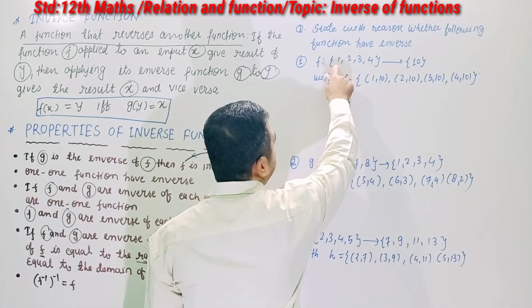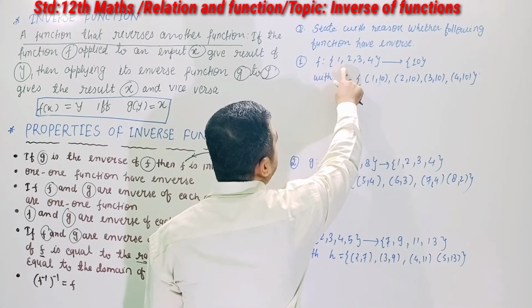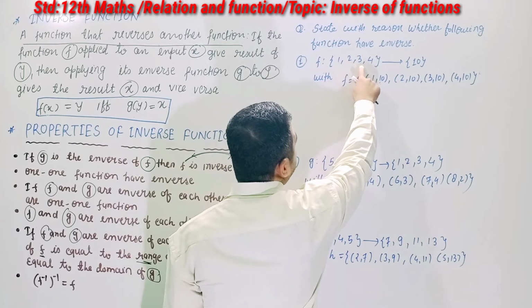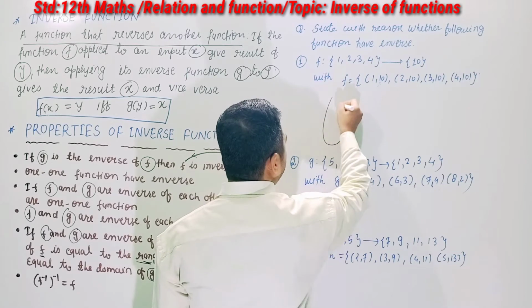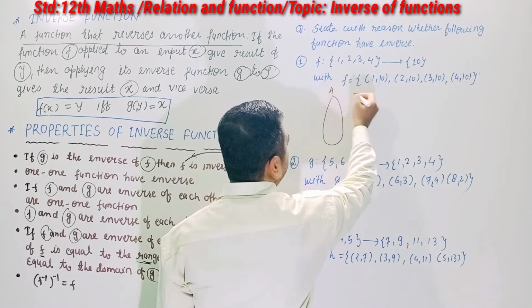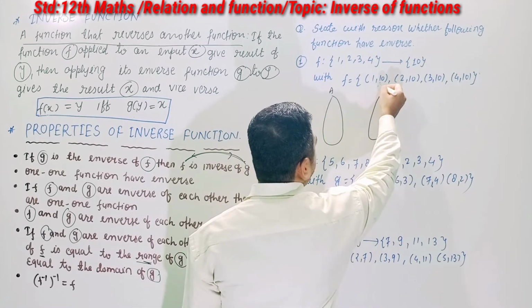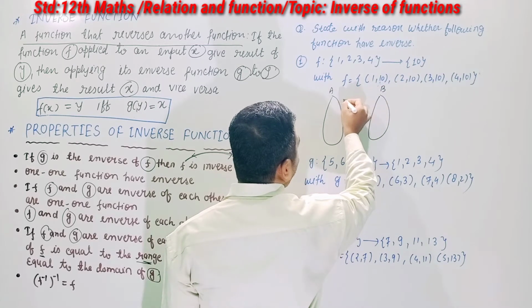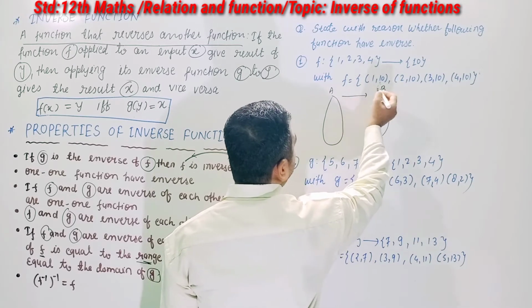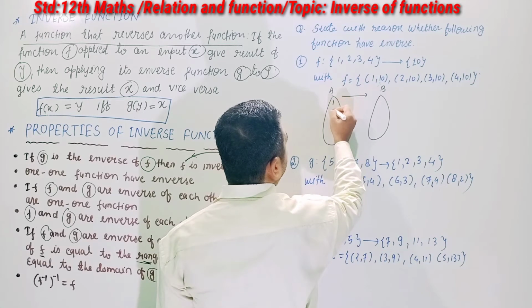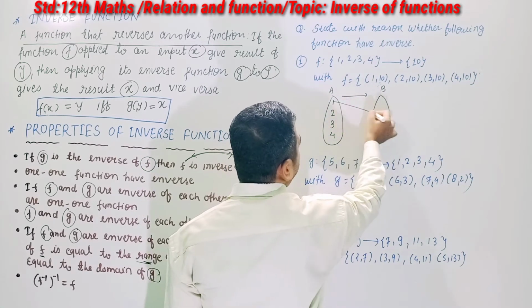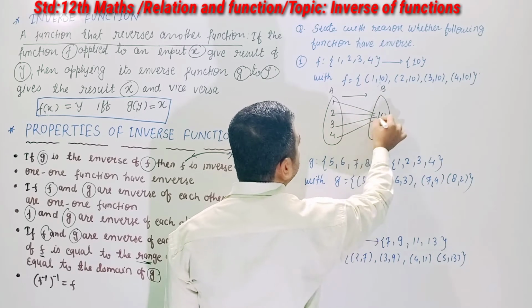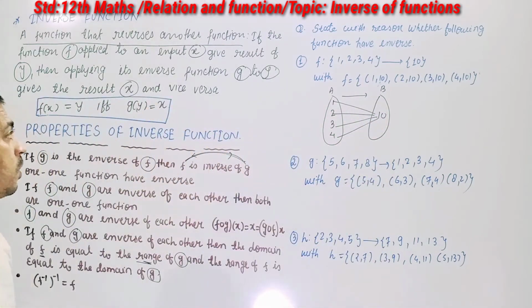First of all, the function has inputs 1, 2, 3, 4, and the output is 10. Suppose this is set A and this is set B. In all the cases you are getting 10. Is it possible? No, because